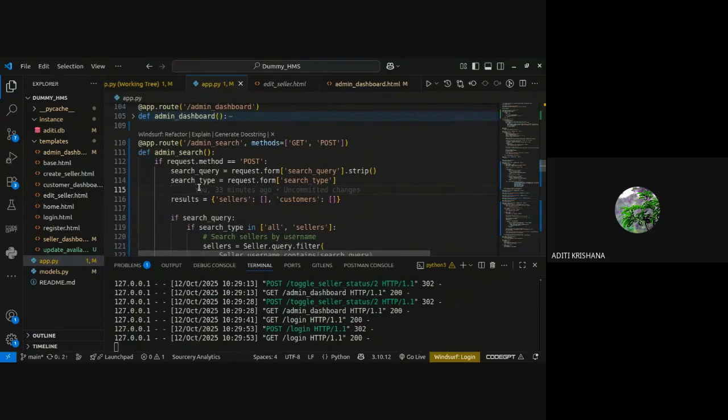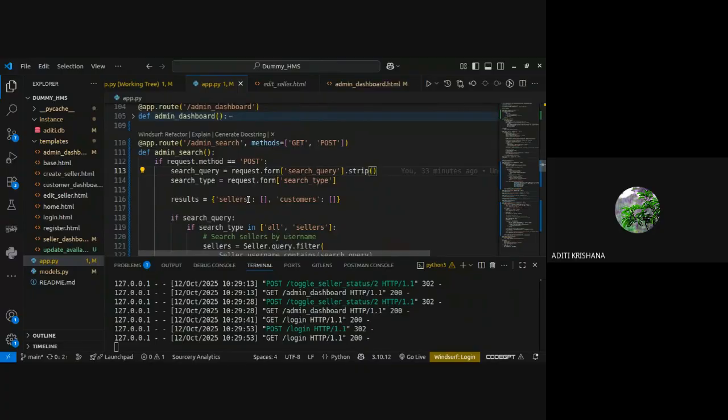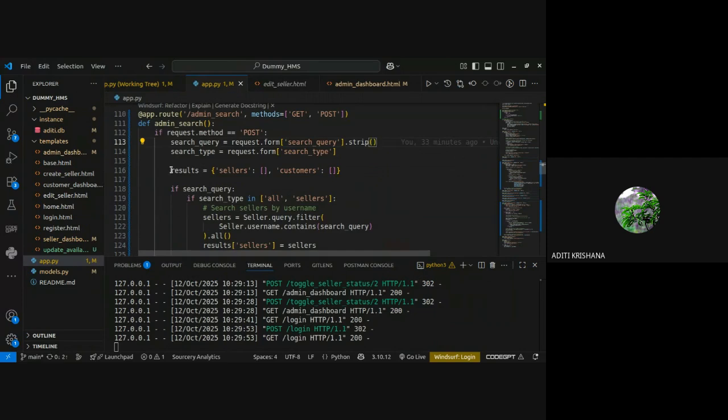Now you can see one new thing, that is strip. Dot strip is a function used for cleaning the query before searching inside the database. So that's why I have mentioned dot strip on the search query variable. After that, we are showing the results in a list format.